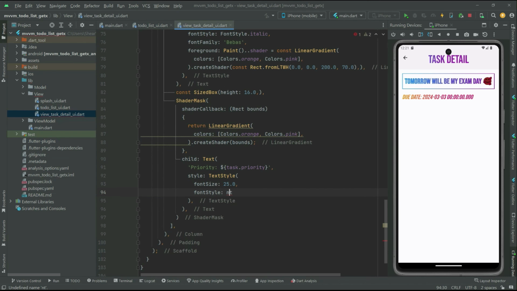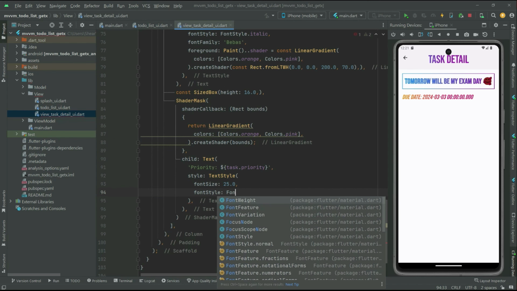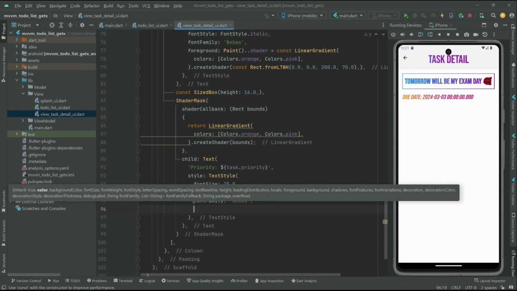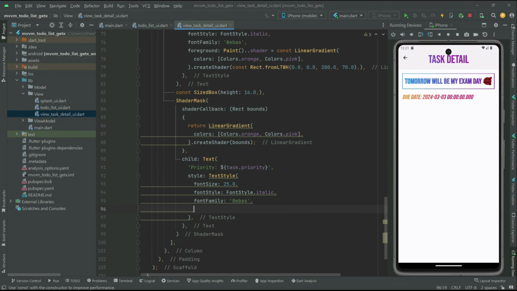We'll go with the font style dot italic, and in here comma. Now we'll choose the font family, Pebbles over here, and write it and comma, and we will just choose the initial color, because in here we add the shader and we have to just provide the initial color right in the text, okay, in order to get the shader